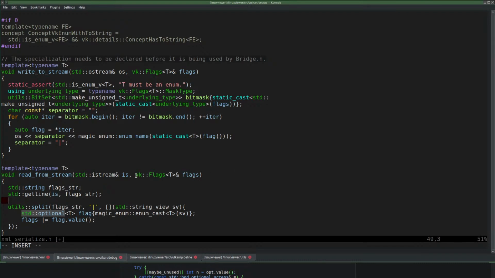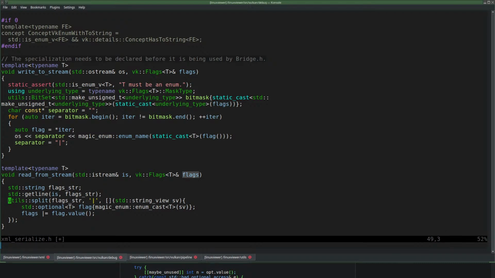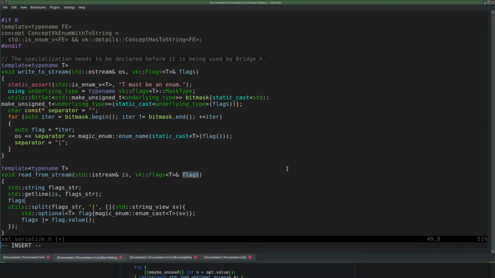Flags being flags, right? Oh, that's just flags. I probably should set it to 0 before that. Do we have a reset? Of course we have a reset. It's flags. And then we must grab that stuff, capture it by reference, of course.